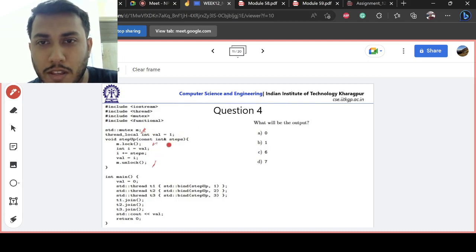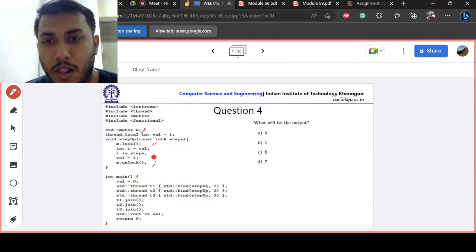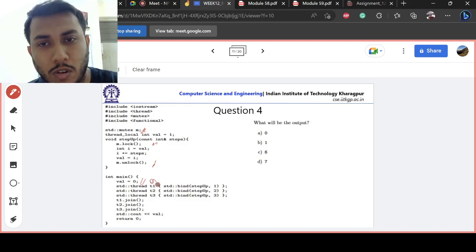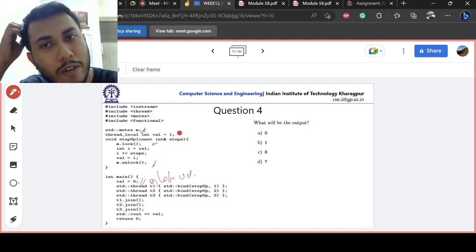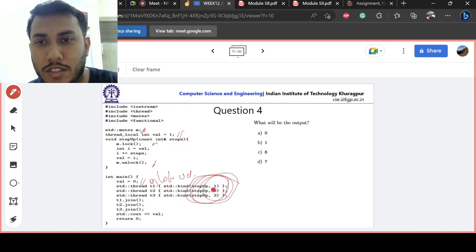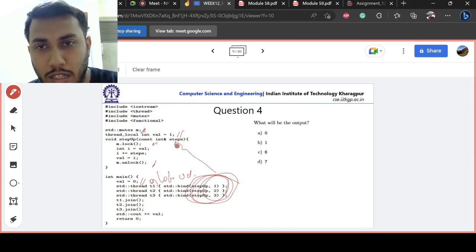There is a slight difference that makes this different. You have a global val, and you have a thread local val. Whatever this code does update, the operation happens inside